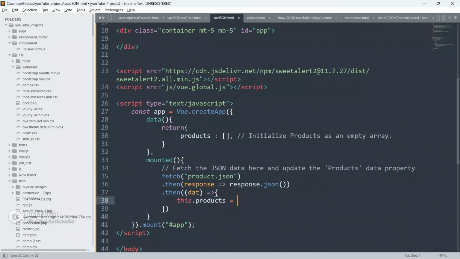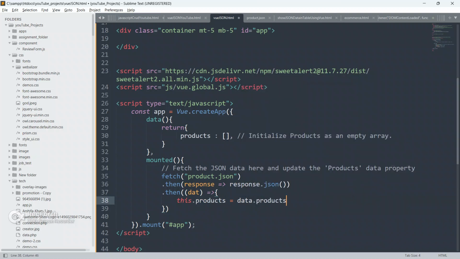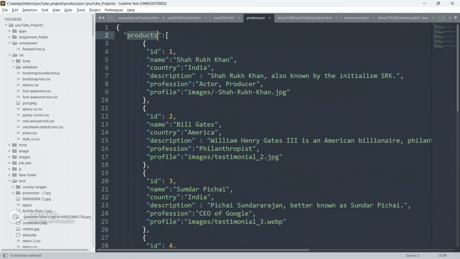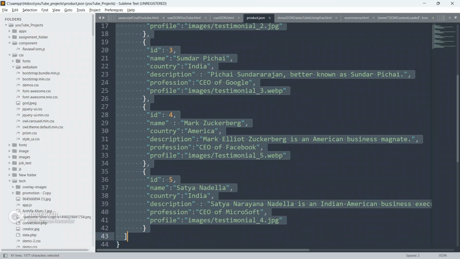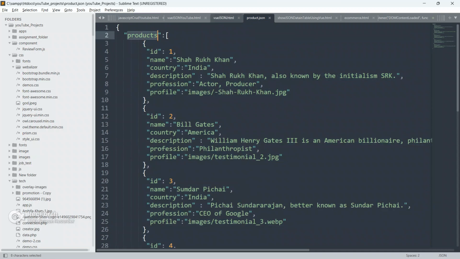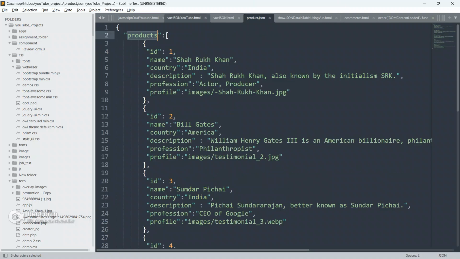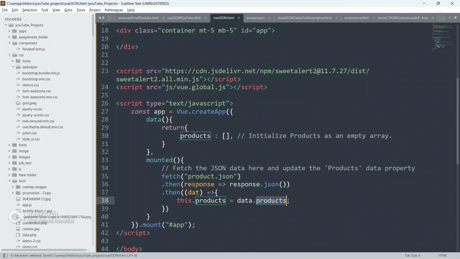So we have to say this dot products equal to data dot products. Data dot products means this products, because it is an array and it contains some elements. As you can see here, we have 5 elements inside this product array.